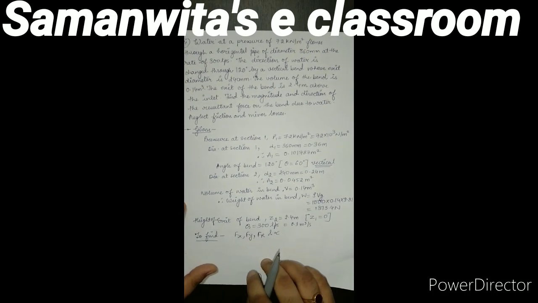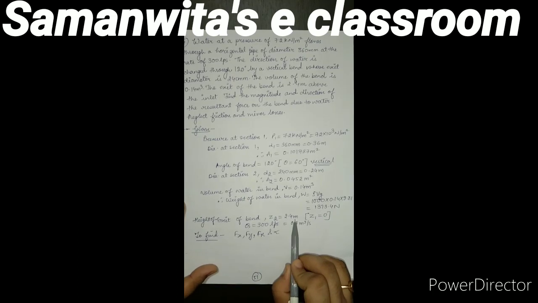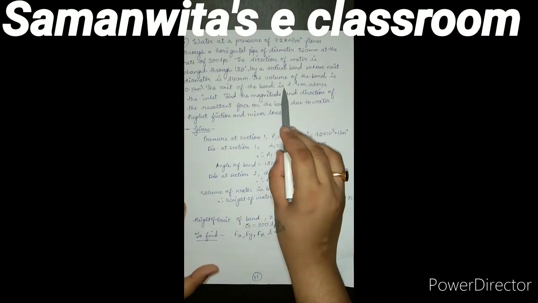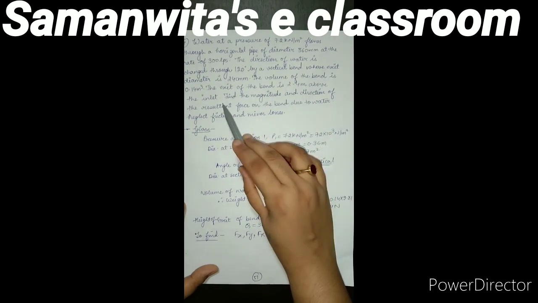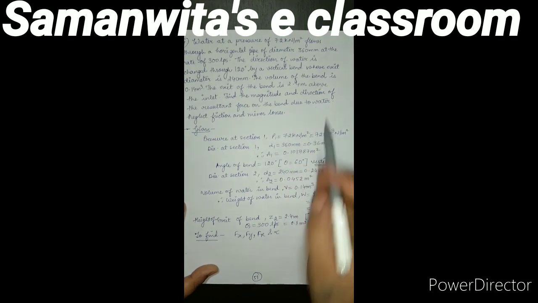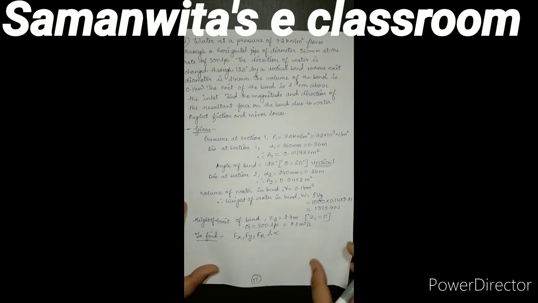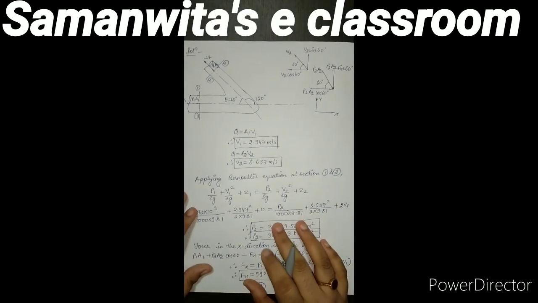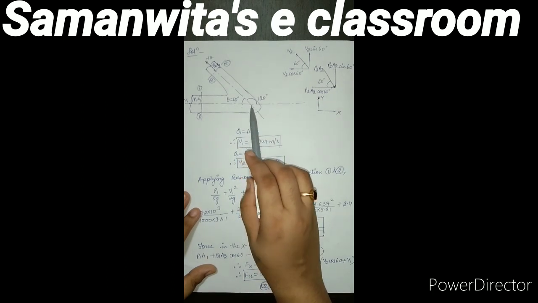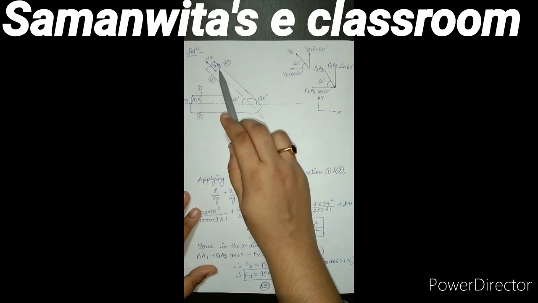I would like to add a highlight in this part that Z2 is taken as 2.4 and not minus 2.4 because it is written here that the exit of the bend is 2.4 meter above the inlet. Had it been written that it is 2.4 meter below the inlet, then this term would have taken a negative sign and the other change would be in the diagram that this figure will be drawn downwards because Z2 will be then below and not above.